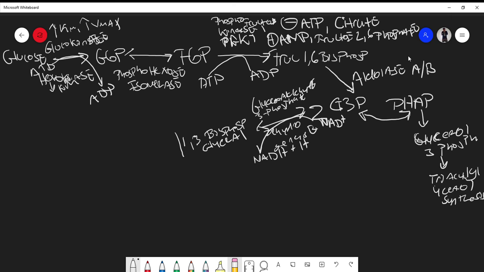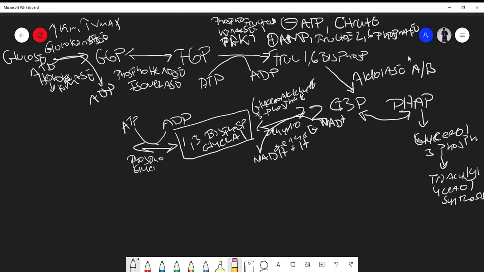1,3-bisphosphoglycerate, and I'm going to circle this. This is a high energy compound. We're going to get substrate level phosphorylation from this, in a reversible reaction. So from 1,3-bisphosphoglycerate, we're going to create ATP. It is one of the high energy yielding compounds in glycolysis. So from this, we create ATP by substrate level phosphorylation, and the enzyme is